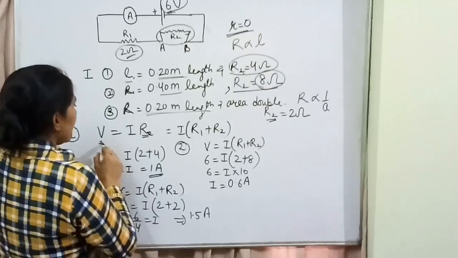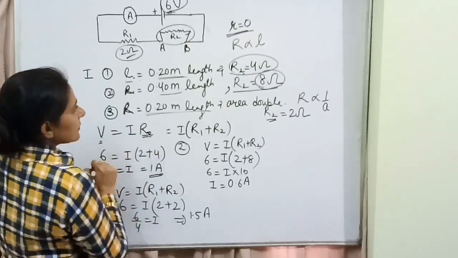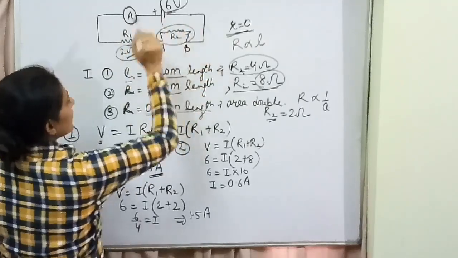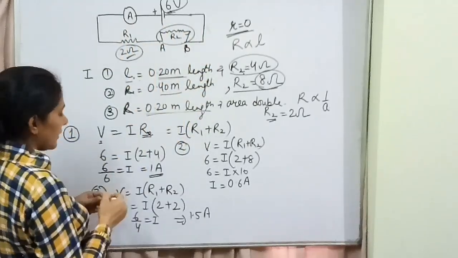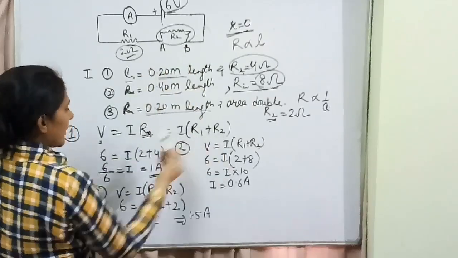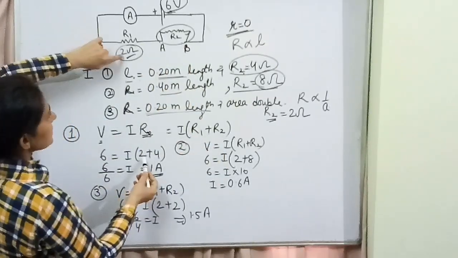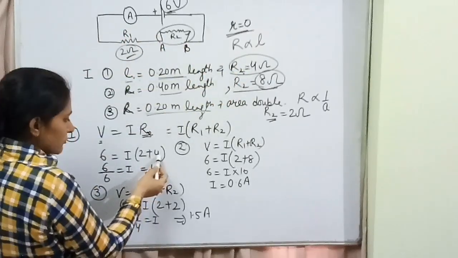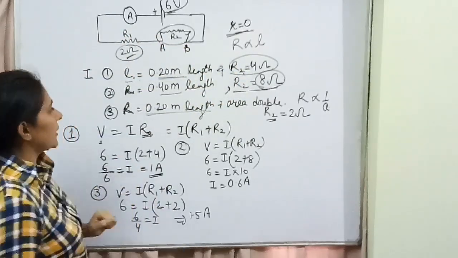So according to that, V is equal to I R equivalent, equivalent resistance we are talking about, क्योंकि सर्किट जब कंप्लीट होगा तो पूरे सर्किट में से जो करंट पास हो रहा है हमें वो फाइंड आउट करना है. So the equivalent resistance, as these two are connected in series, is R1 plus R2. R1 value is given as 2 ohm, R2 का value first part में दिया है 4 ohm. We substituted values over here. The value of I is 1 ampere.